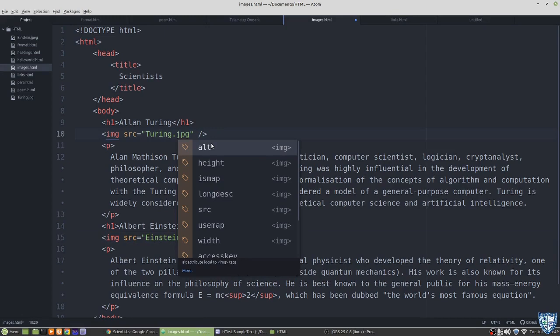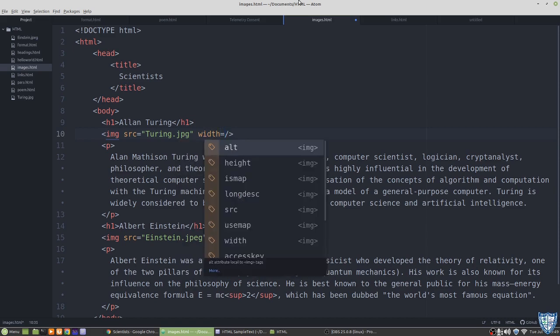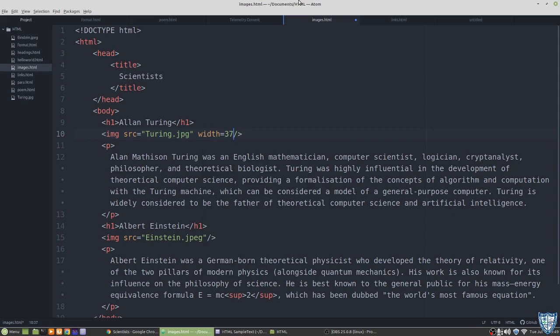one of those attributes is the width attribute. Width means the width of the image that you want in the HTML file. We can specify the width in the unit pixel. So you can imagine 1 centimeter as 37 pixels. If I write 37 here, that means 37 pixels, which is around 1 centimeter, not exactly 1 centimeter. So if I am specifying width as 37